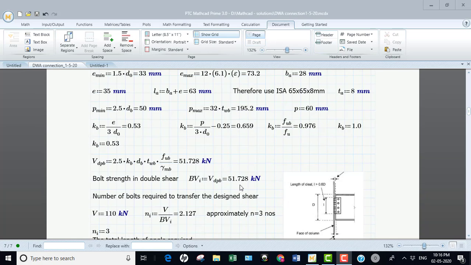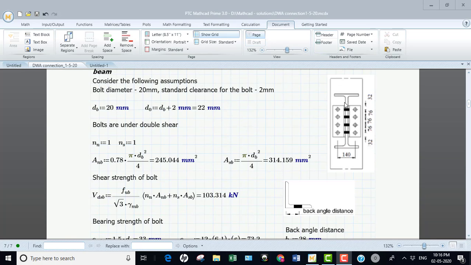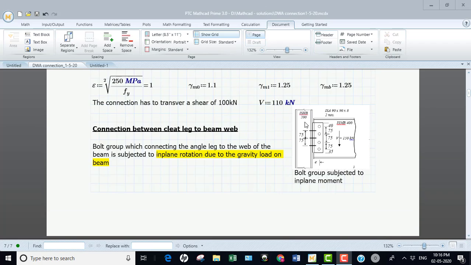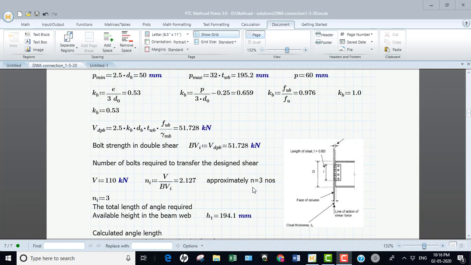So from this, I have this one-bolt capacity for this group of bolts, but I have not yet decided the number of bolts required in this particular group. I know the shear force coming on this bolt group, that is your 110 kilonewton. I know the capacity of one bolt, from which I calculate the number of bolts required. So here I found that 3 bolts are required. With this, I'm going for arranging that bolt with the